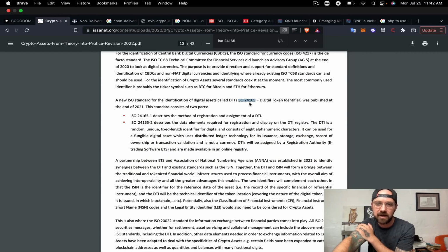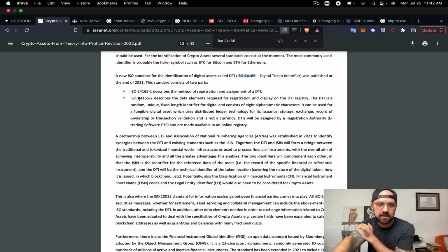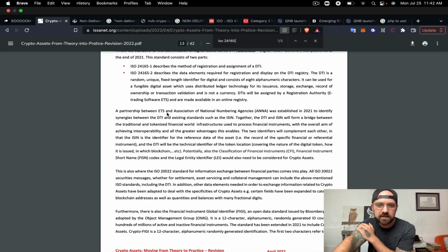This is talking about, again, ISO 24165. This is through issanet.org. Talking about the method and registration, talking about the unique identifiers. But here's where we get really interesting, and this deals in ISO 20022 as well. A partnership between ETS and the Association of National Numbering Agencies established, blah, blah, blah. Together, the DTI, which we just talked about, and ISIN will form a bridge between the traditional and tokenized financial world infrastructures used to process financial instruments with the overall aim of achieving interoperability and all the greater advantages this